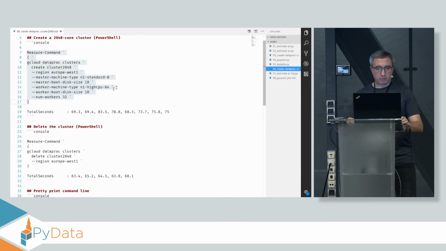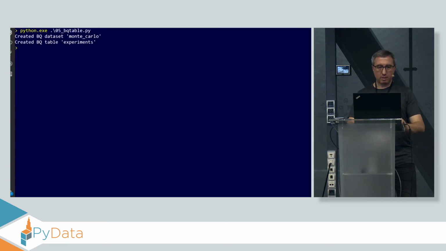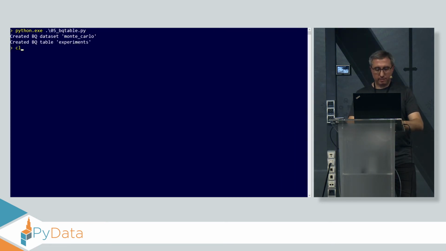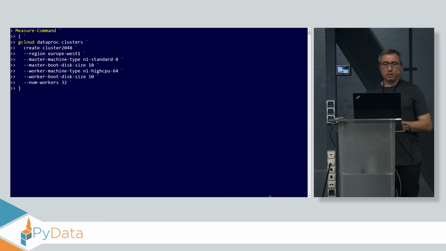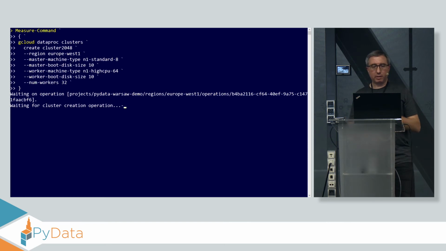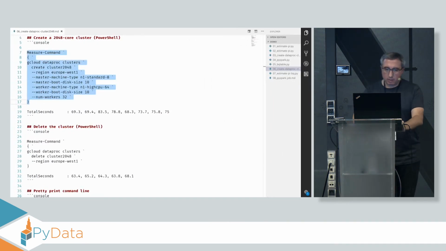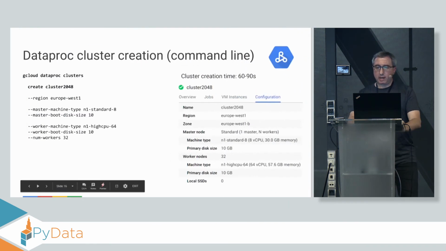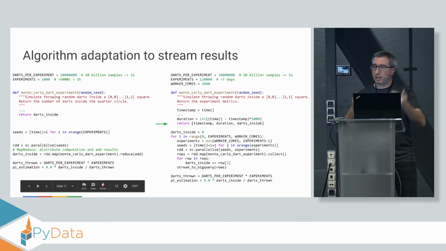So I'm going to copy paste the command, and here, okay, let's do it. So this is just like before, but this time it's going to run for 60 to 90 seconds in parallel. And during this time, we're going to see the next step is to keep